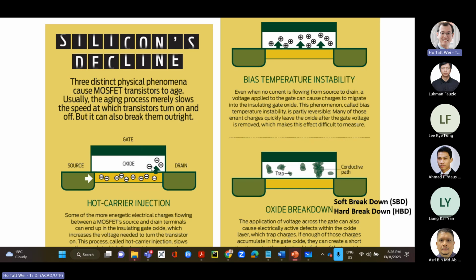Because some of these electrons will counteract, will shield the effect of the pulling effect of the positive voltage here. It will shield this channel from that, right? So it's as if this channel is seeing less of an electroactive force. So the effect of HCI is as if it's tuning the threshold voltage, right? Because it's got charges stuck here, it's as if it's tuning the threshold voltage. Okay, so HCI here is one effect.